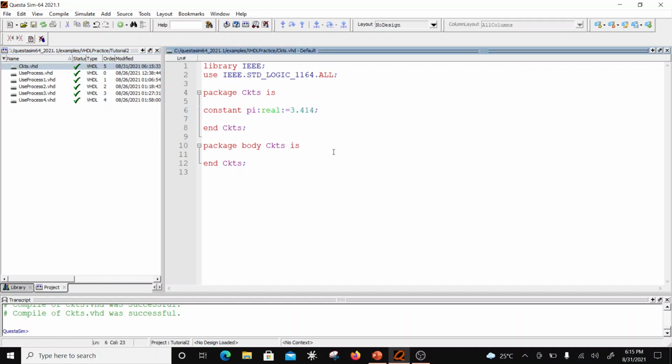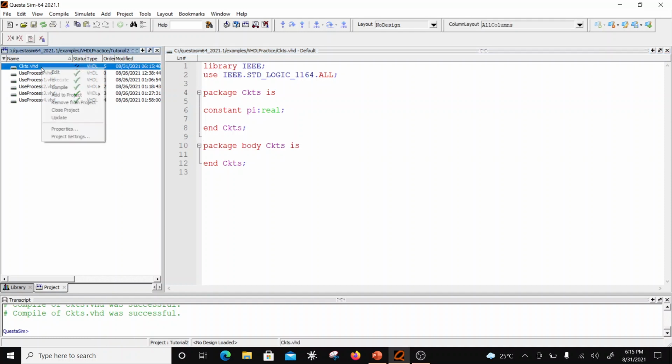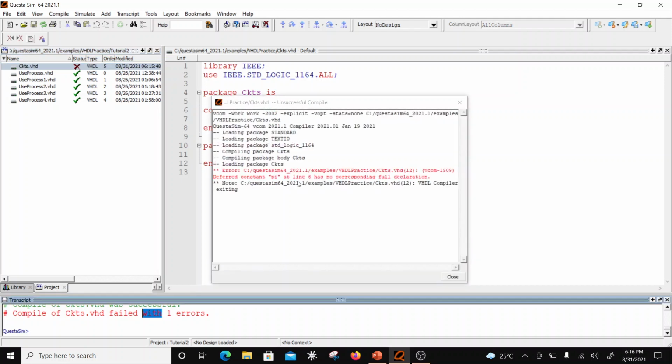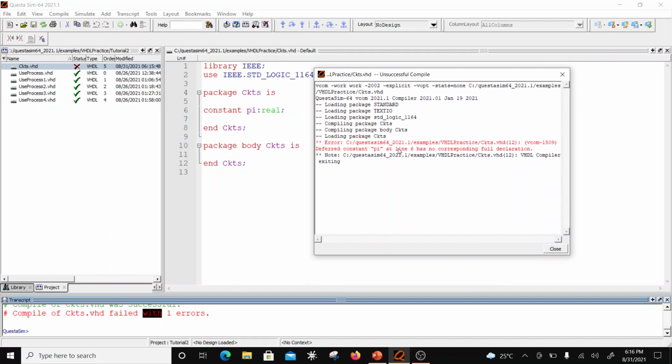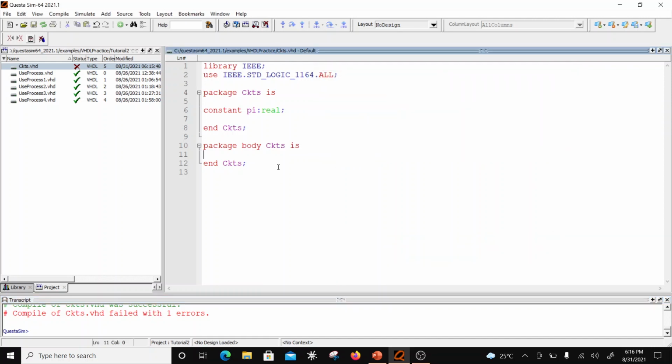Now if I don't provide it a value, this is going to complain, because this is an incomplete definition of a constant. So if I save this and compile this, it says failed, and if I double click this, it says pi at line 6 has no corresponding full declaration. So what it means is that it's incompletely defined. This is known as a deferred constant. A deferred constant can be there in a package, but it has to follow up with its complete definition in a